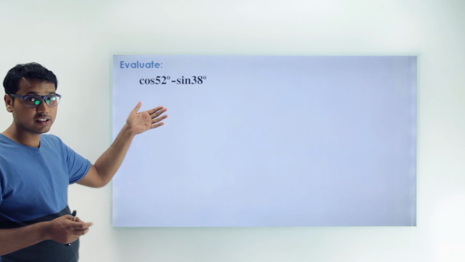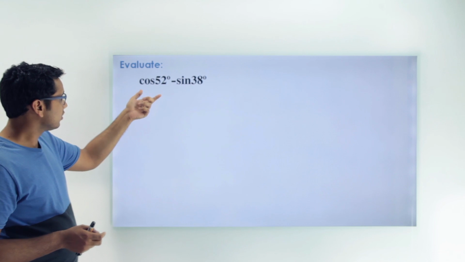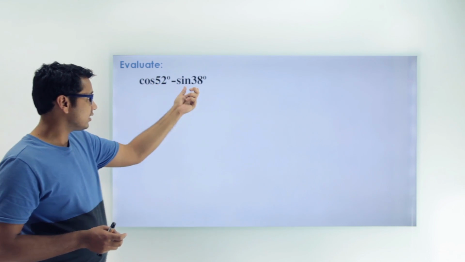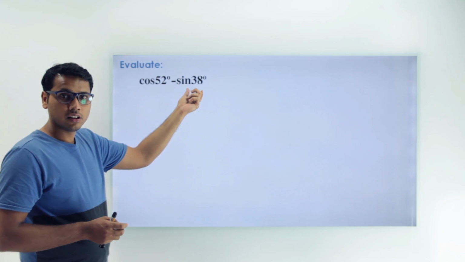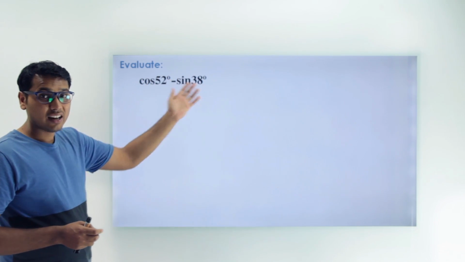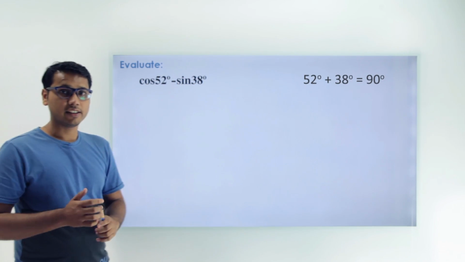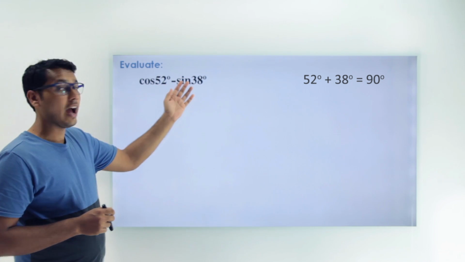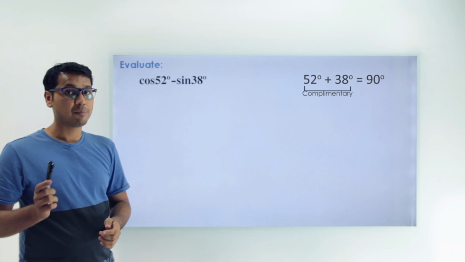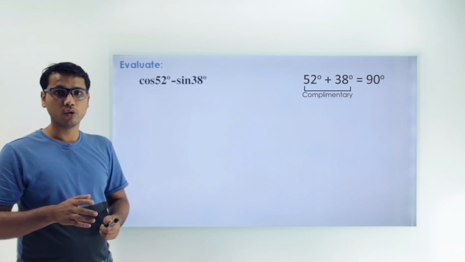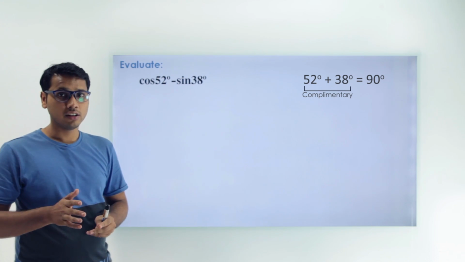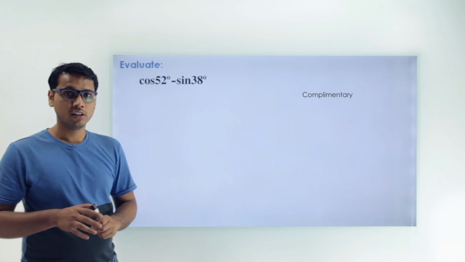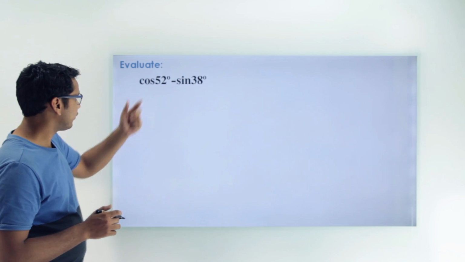So what's the procedure? If you look at the angles only, this is 52 degrees and this is 38 degrees. And if you add these two particular angles, we'll get 90 degrees. So we can say that 52 and 38 are complementary angles. And we know how to deal with the trigonometric ratios of complementary angles. So if I take cos 52,